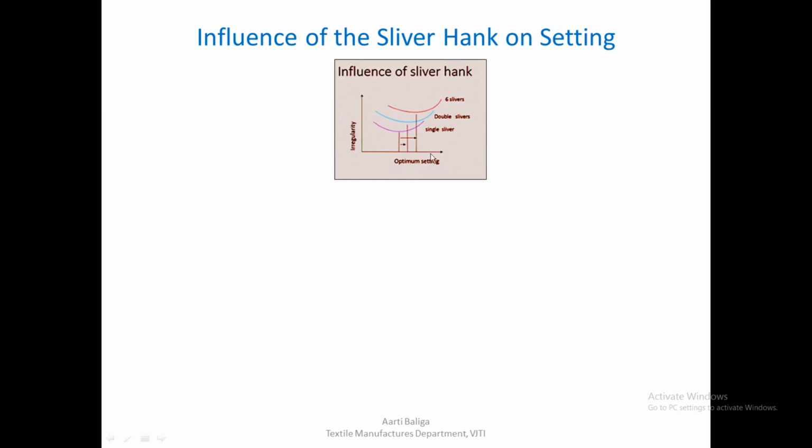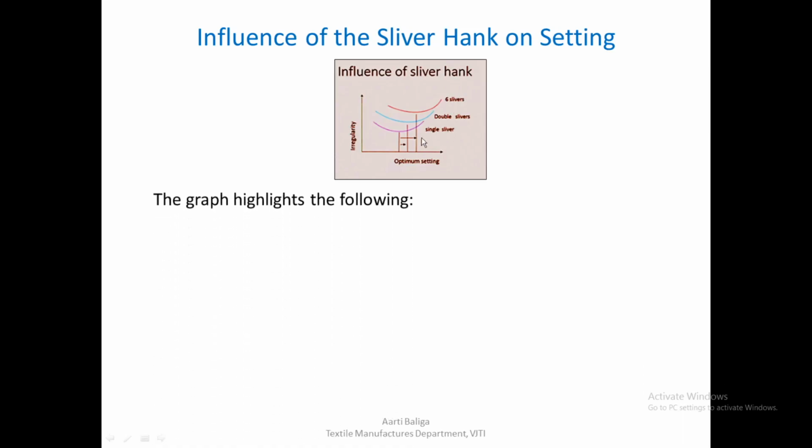So when we see this graph here, this is the irregularity and the optimum setting that you should have. This is the same curve that you normally find, that this is how it will go. First it will be more, then it will reduce, and then as the setting increases, the irregularity will again go higher. Now this discussion we have had earlier, and it will be repeated to a small extent in this slide. But we are comparing three different cases here, where we are feeding single sliver, then we are feeding two slivers, or when we are feeding six slivers, or we are giving six doublings.